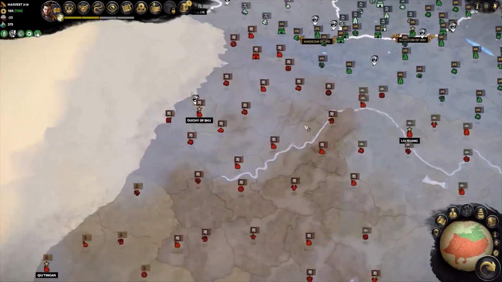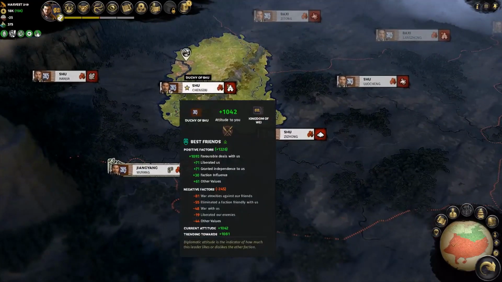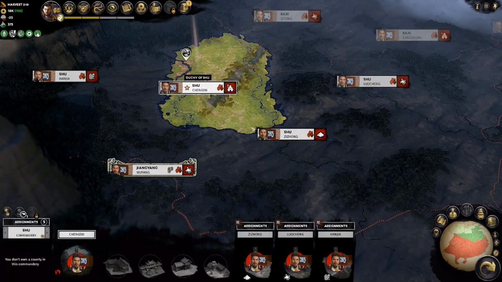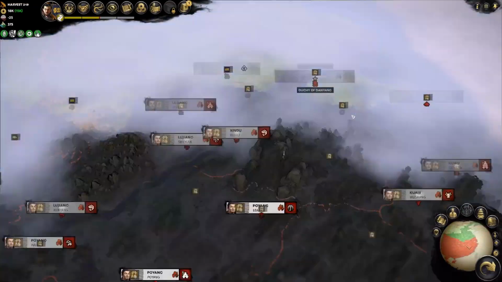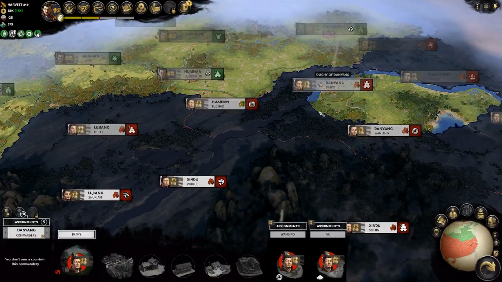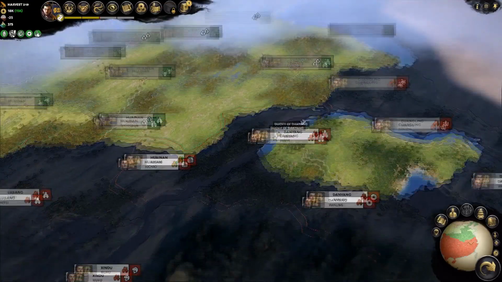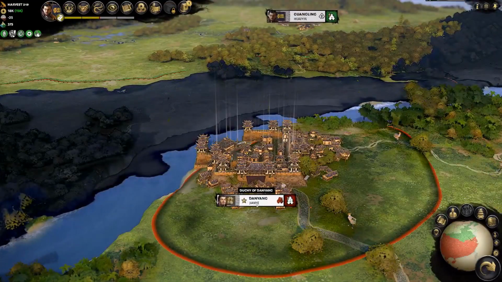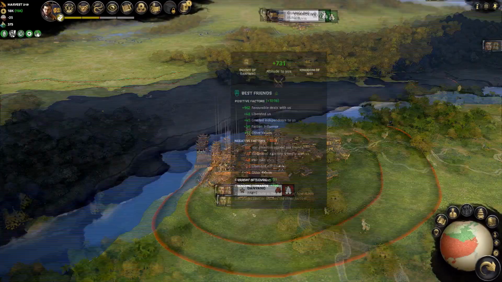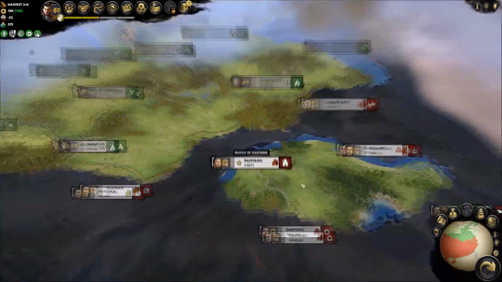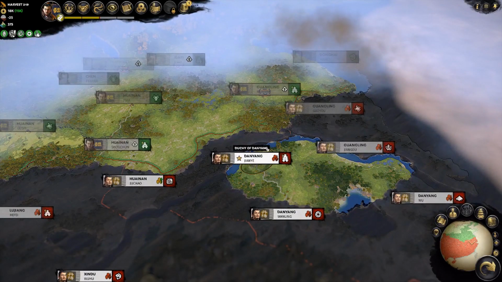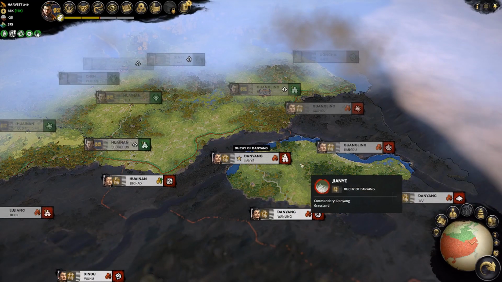Then we have the Duchy of Shu over here, ruled by Liu Bei. And then we have the Duchy of Danyang here by Shu-han. I don't know why it's called Danyang. It's probably because I put the capital in Yanyi. That was the only way to actually make his actual capital the capital in the game. But in this case, it's no longer called the Duchy of Wu, or for the future Kingdom of Wu,